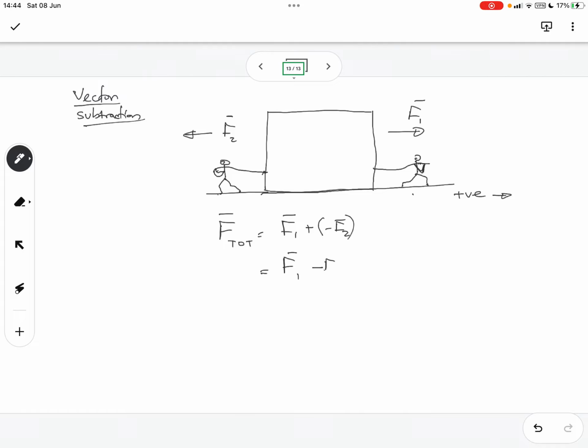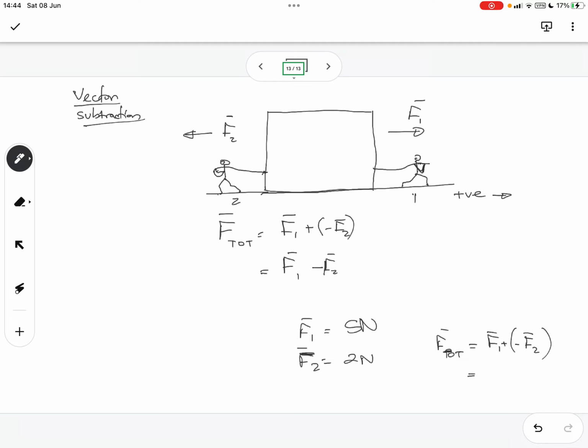Why do we put negative? Because it's acting in the opposite direction, as we are told by the illustration or by the problem statement. That being said, the total force would be the force that person A exerts minus the force that person B exerts. And that would be the vector subtraction. So if F1 is 5 Newton and F2 is 2 Newton, in other words, person 1 is pulling with a larger force than person 2,